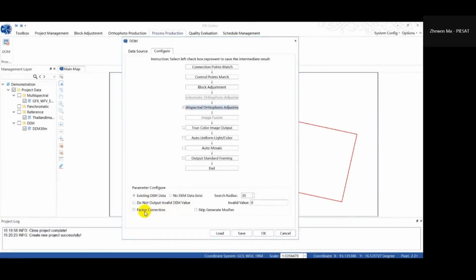And there's another option, factor correction. When this option is checked, the orthophoto output of the image will be carried out using the small factor correction algorithm. We're going to leave these parameters unchanged here today. Another point to bear in mind is that since we are only demonstrating a typical process using typical sample data that we prepared, most of the parameters I'm not going to change in the demonstration, but in actual